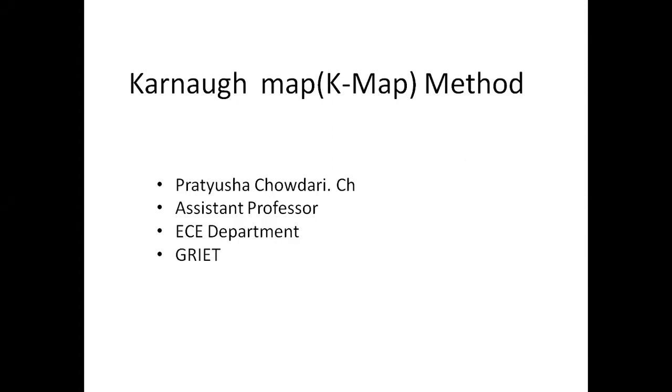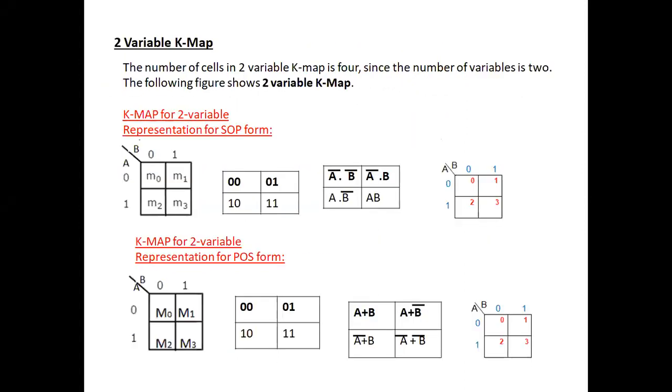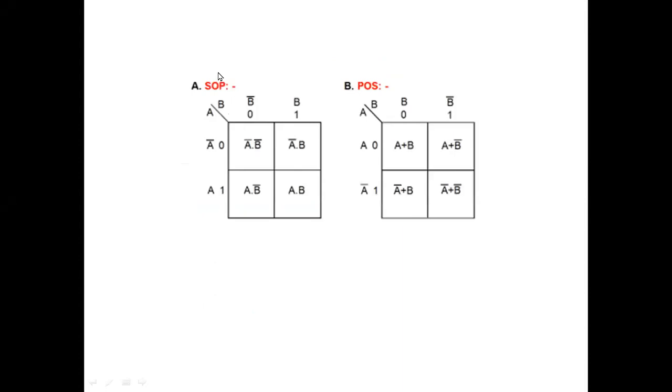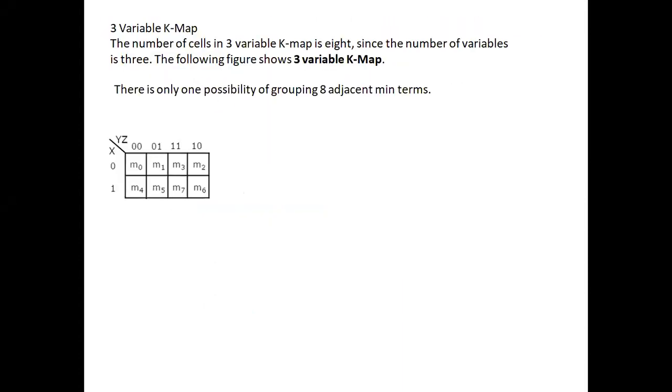In this video, I would like to discuss K-map for 3 variables because we have already covered 2 variable K-map in the previous video. Small brief. K-map is a pictorial representation in order to simplify the Boolean functions. There are things that we have discussed already in the last video. Now coming to 3 variable K-map.